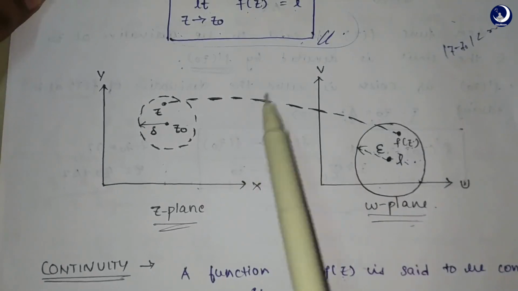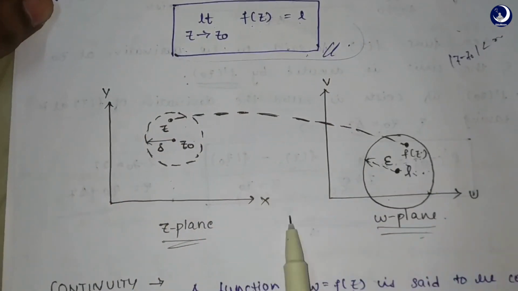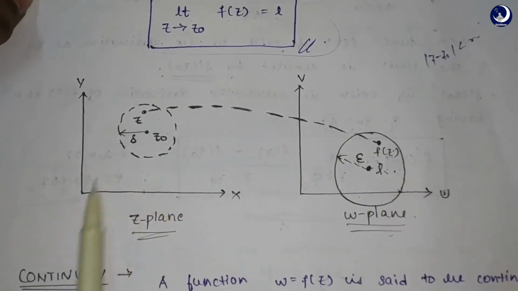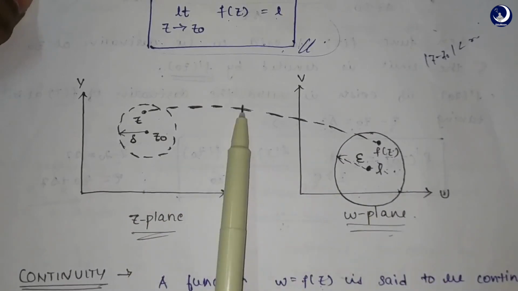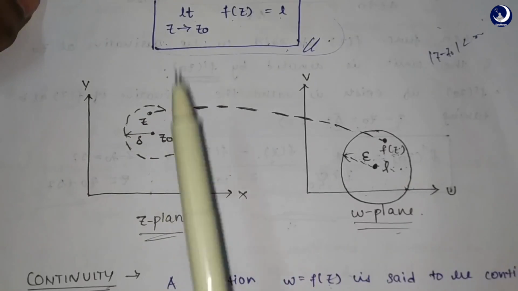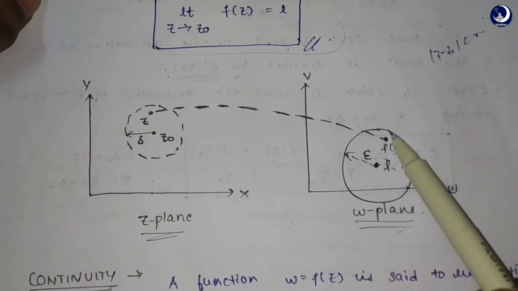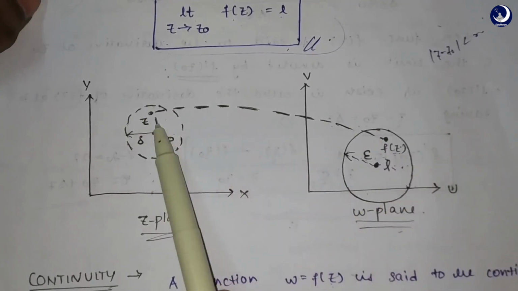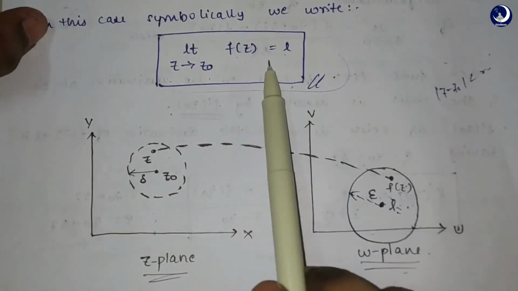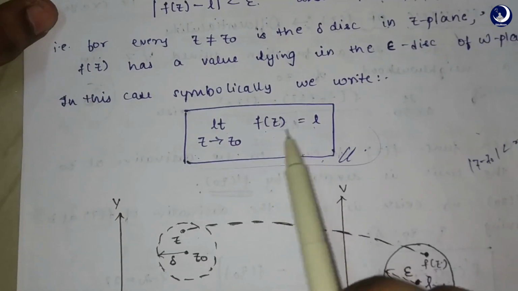So simply, a limit means this. This is our z plane, as I showed you before, with x axis and y axis, real and imaginary, and our w plane, the complex function plane, with u and v. So we are finding the limit when z is tending to z0 of the function f of z. This function is actually in the w plane, but it is dependent on the z plane. So we'll have a limit L. Simply, given a function, you need to find the limit of that function.